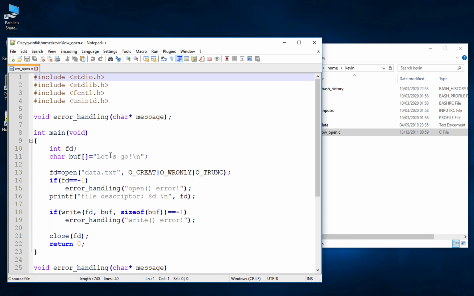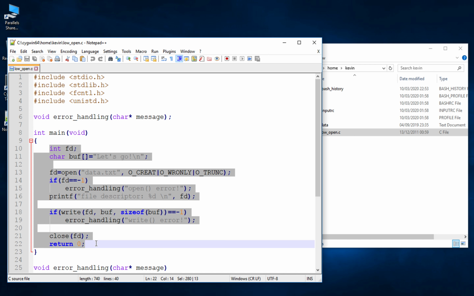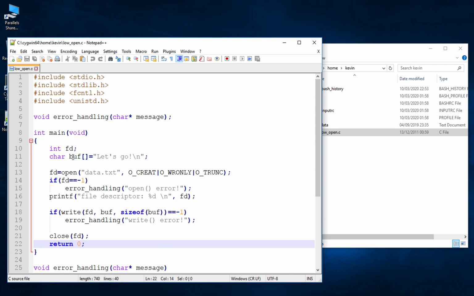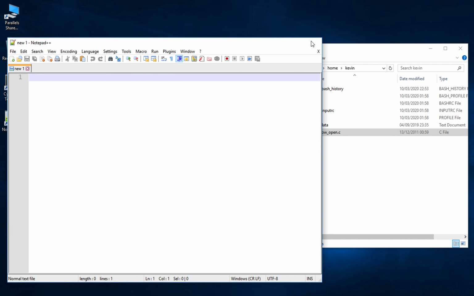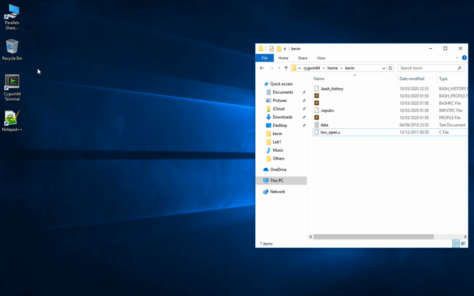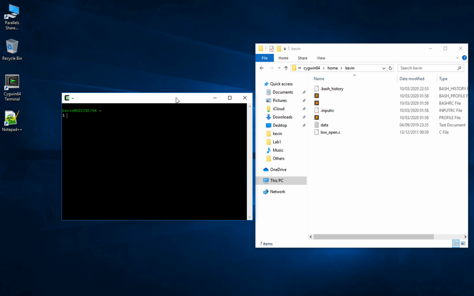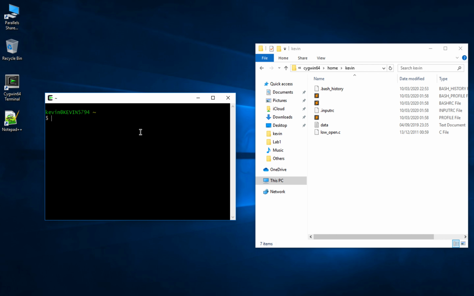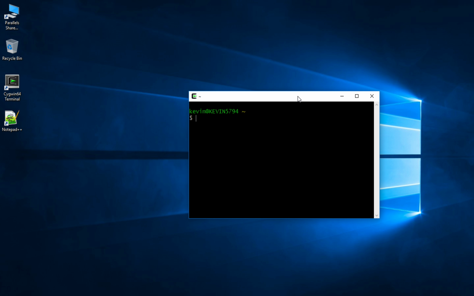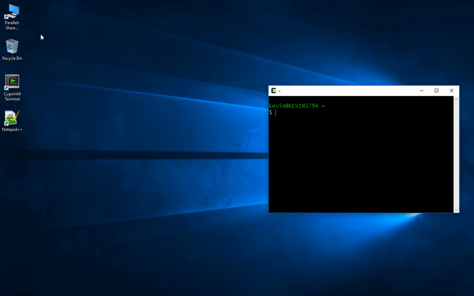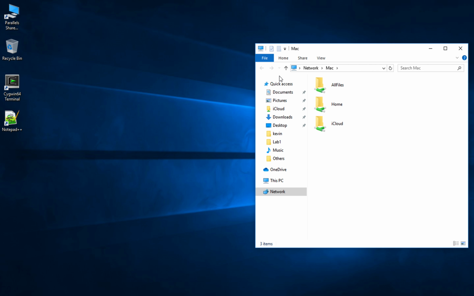And now what we'll be doing is let's just take a look at the content of that lowopen.c file. It's exactly the same code as we have just studied. It's creating a buffer, opening that data.txt file and writing data to it, and before that printing out the file descriptor. So let's go ahead and compile that lowopen.c file and see if we have the exact same matching output. For that, what we will be doing is, why did I close it? Okay,